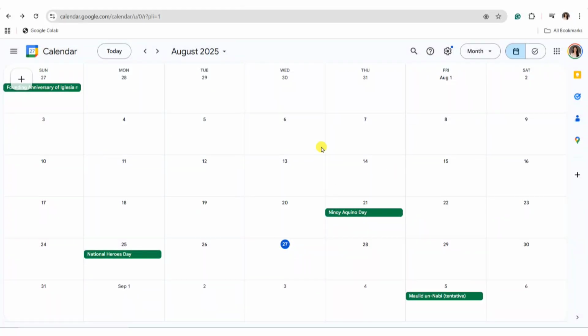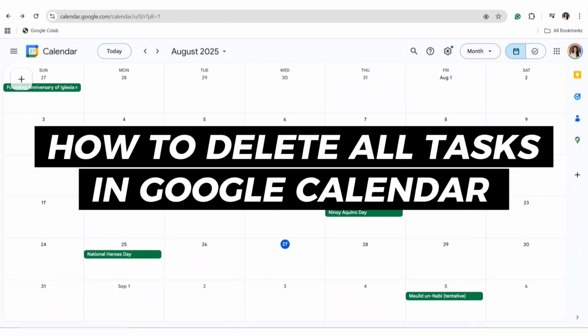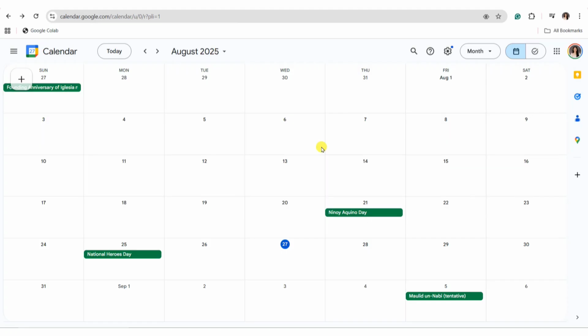In this video, I will show you how to delete all tasks in Google Calendar. So to get started, go ahead and open Google Calendar on your device. Now in here, go ahead and click on this switch to task button at the top right corner of your